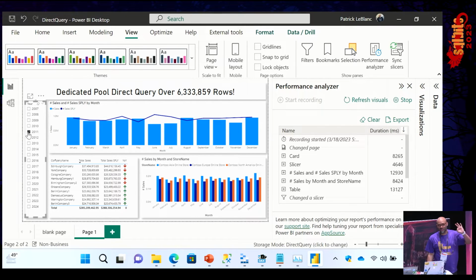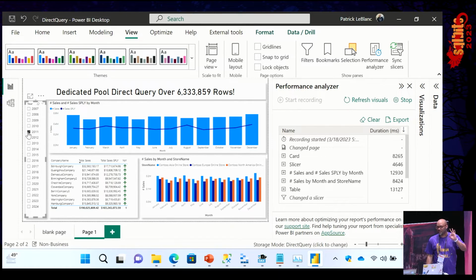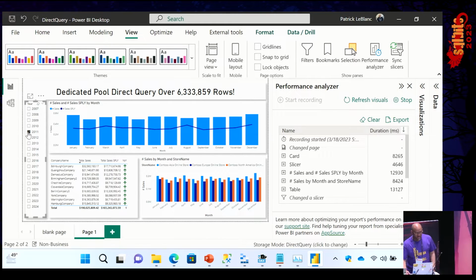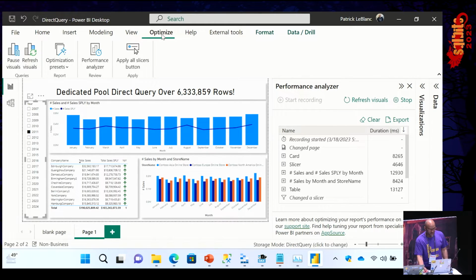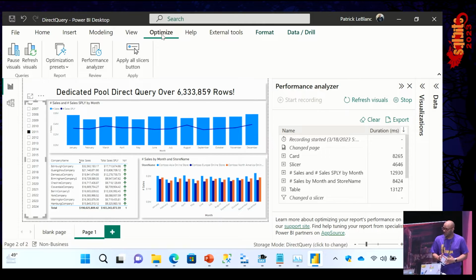And so something that was recently added to help with this is query reduction. In the ribbon, query reduction has been there for a long time, but we've made it easier to find, because a lot of people had no idea where it was. Optimize, yeah. And so now if we go here, Adam, you've got options. Do you want to talk about those options?